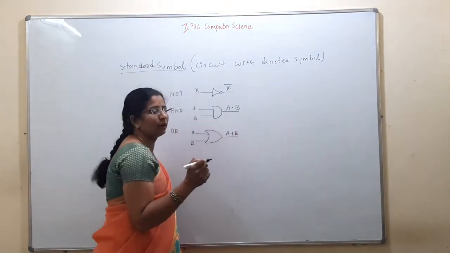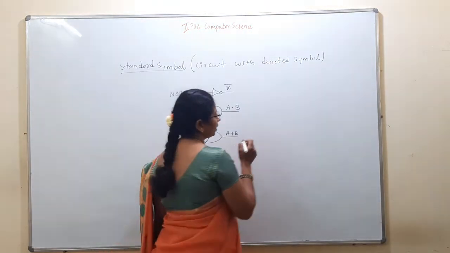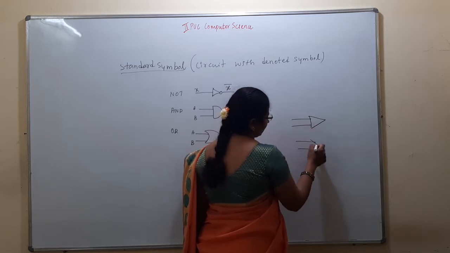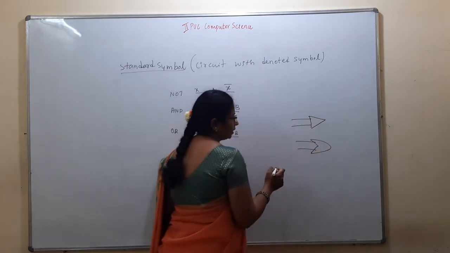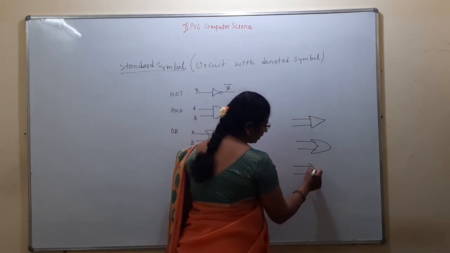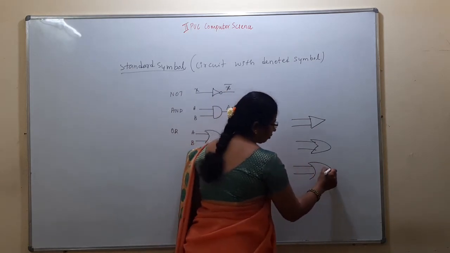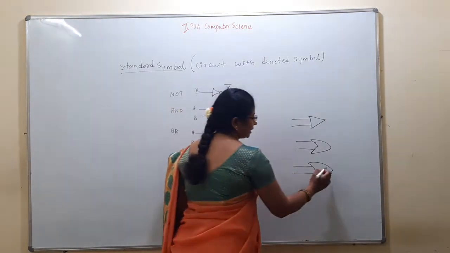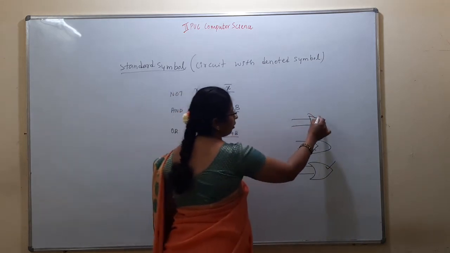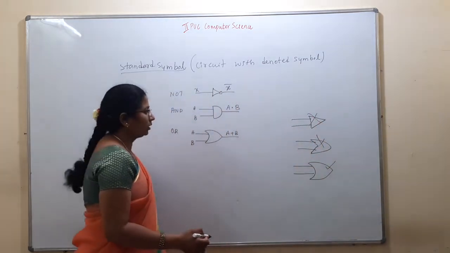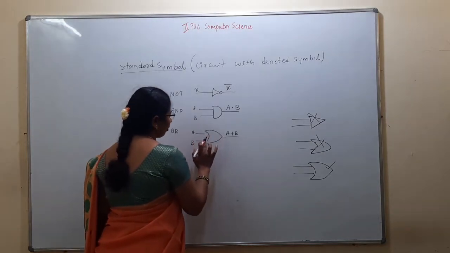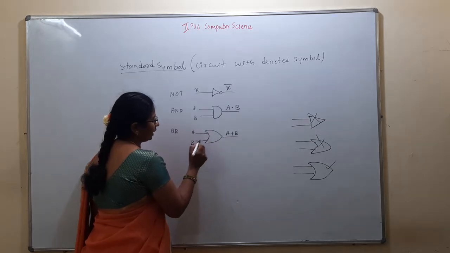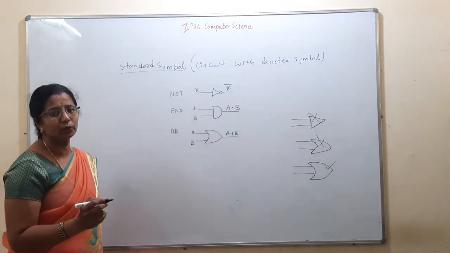And I told you when I was explaining in the videos in the particular class, please don't write like this. See the symbol: you need to write like an inverted C, then a small curve stops here and a small curve takes up from here. So this is the correct symbol, these two are not correct, students. And there should not be a big gap after the symbol like this. The input line has to touch the circuit.